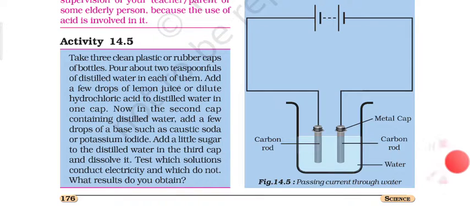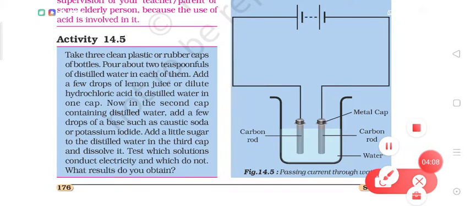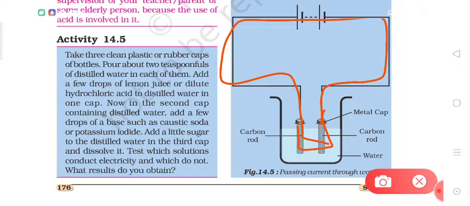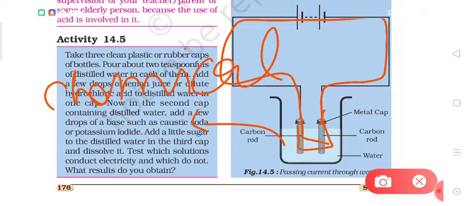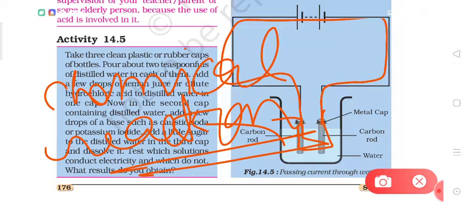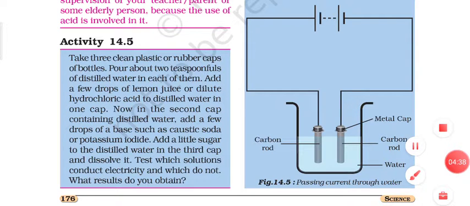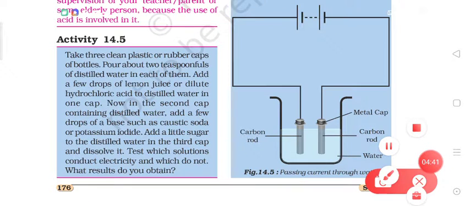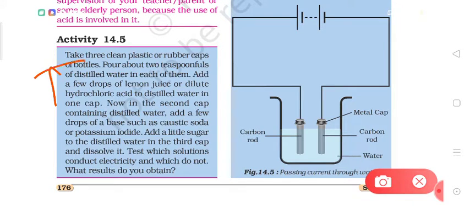So we can say that when we allow the electric current to flow through the solution, this flow of electric current is causing water to split into oxygen and hydrogen gases. That means the flow of current is causing a chemical reaction in the solution. In this way we can say this is the chemical effect of electric current. So dear students, this process is also called electrolysis of water, because water is getting split up by the use of electric current. So this is why it is called electrolysis.